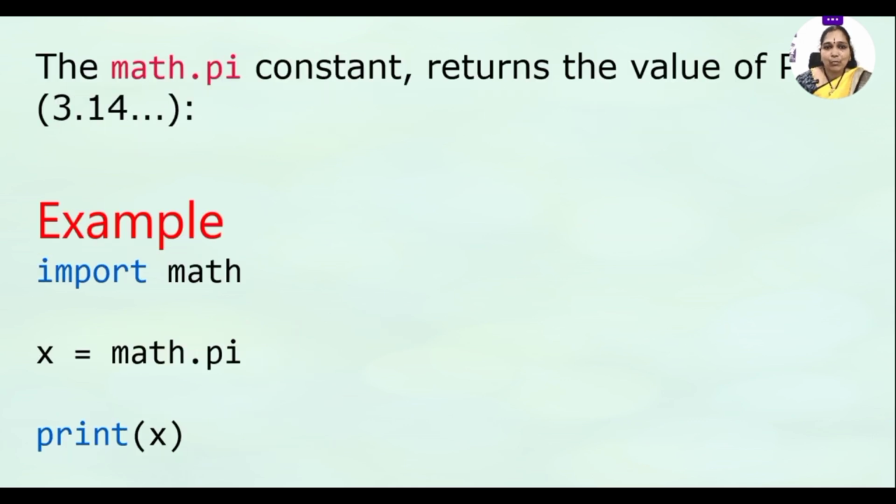These are two other important functions. Next is the pi value. As I said before, by using modules, we can even import constants. So math.pi directly gives the pi value, 3.14, right? So the pi value is automatically imported into our program. The important thing is, if you define the pi value as float, you will get 3.14. If you define it as int, you will get 3. But as usual, by default, Python will organize the data types by itself, so no problem. If you differentiate between integer and float, you can get values like this.